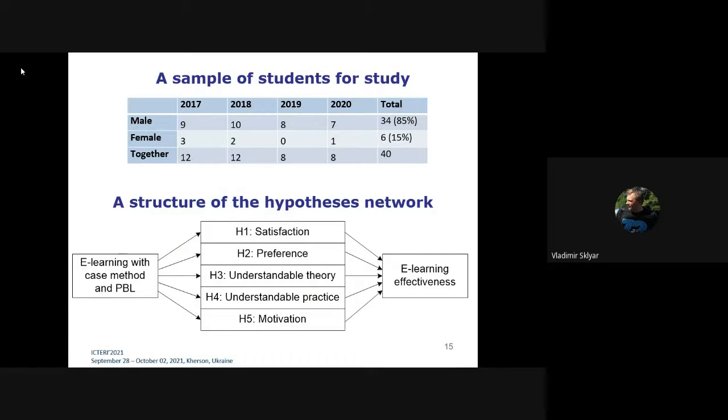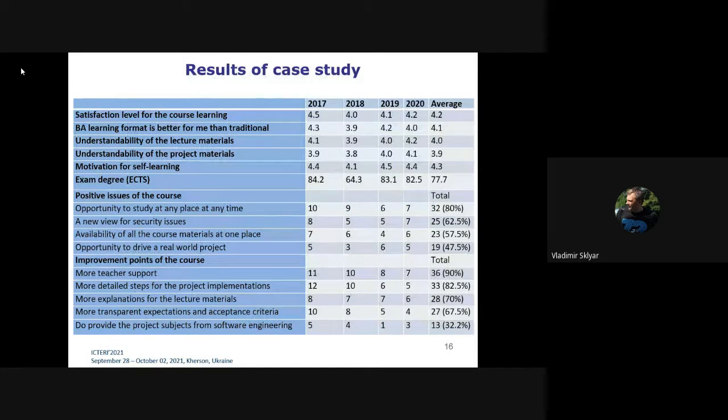And the structure of our hypothesis includes level of satisfaction, some student preference, feedback, how students understand theory or practical exercises, and their motivation. And some results are presented here. So these metrics we measure in accordance with a 5-degree scale, and you can see we measured student satisfaction level for the course learning,